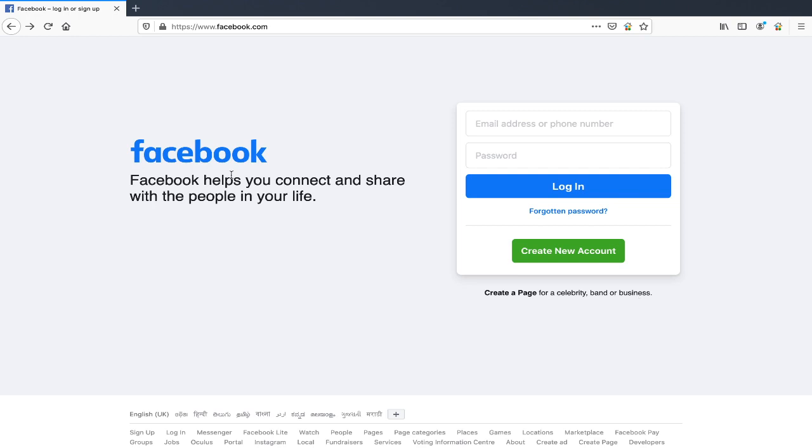Then you should verify this Facebook and this message, right? Facebook helps you connect and share with the people in your life. This should be proper as per your requirement document, right? With the proper color and proper text, right? Then also you can verify the size, color and UI of the different elements as per the specification. If there is any specification written in the UI document, in your requirement document, you should validate that also.